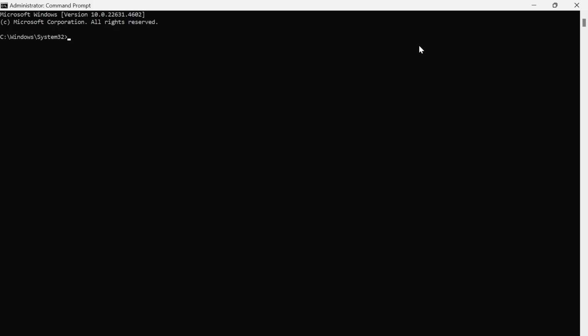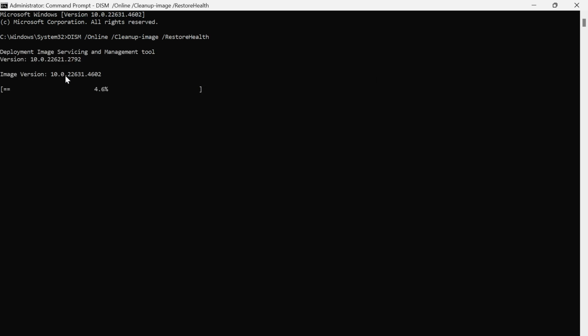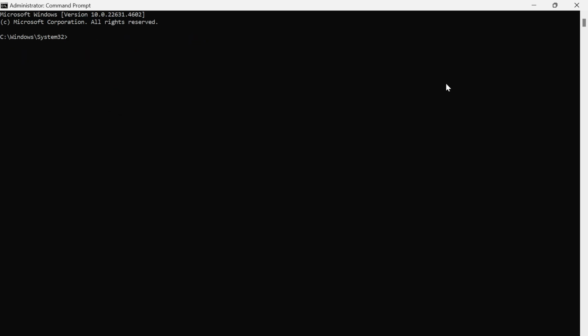Now the first thing you need to do is type in DISM /online /cleanup-image /restorehealth, and then go ahead and press enter. Now you'll need to wait for this process to get to 100% while it checks for any corrupted files on your system. Once you've completed the scan, you then need to type in the second command, which is sfc /scannow